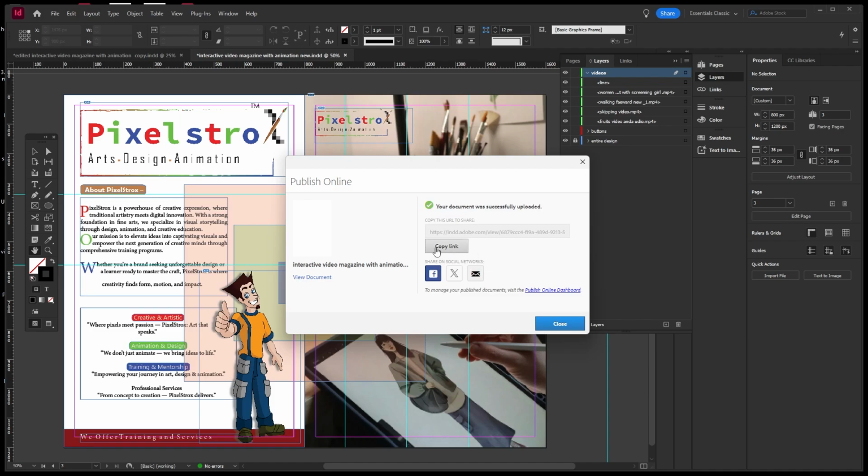This is the link, right? So you can copy this link or paste or view document, right? So suppose here you can copy this link,